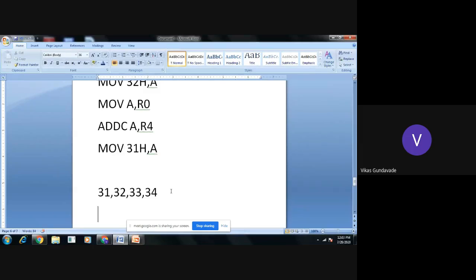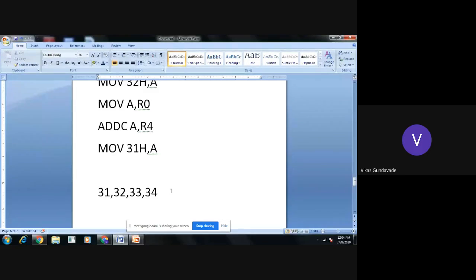Yes, Darshan, you can take a random memory location from the scratch pad, starting from 30 onwards up to 3F. We have seen in the data memory that we have a scratch pad starting from 30 to 7F. So any memory location you can take, and you can transfer the contents to that memory location. But keep in mind, while transferring the contents into memory locations, always use 4 sequential memory locations so that we can easily identify the result. You can take any locations from 30 to 7F.